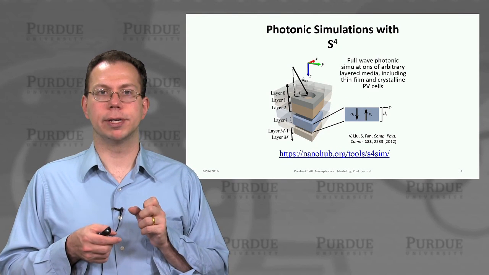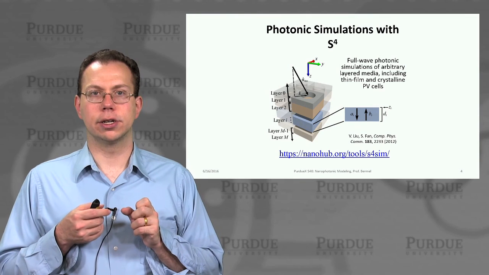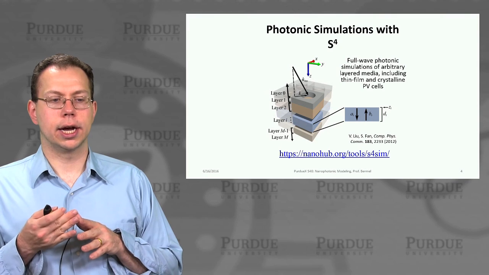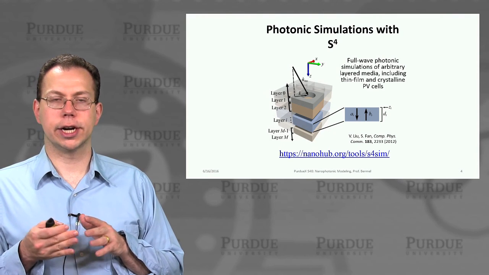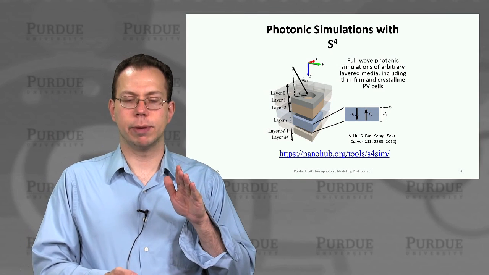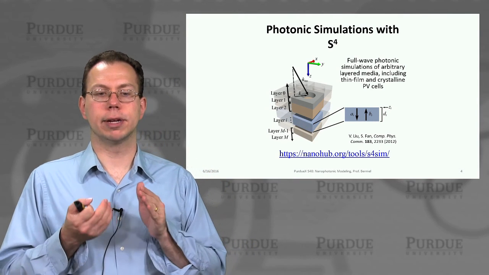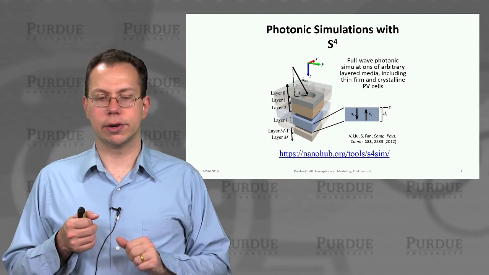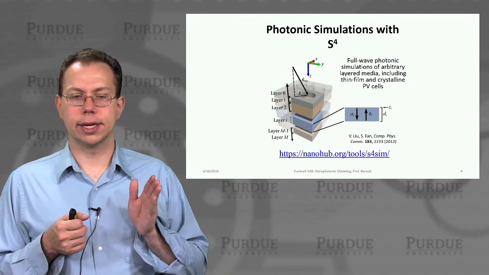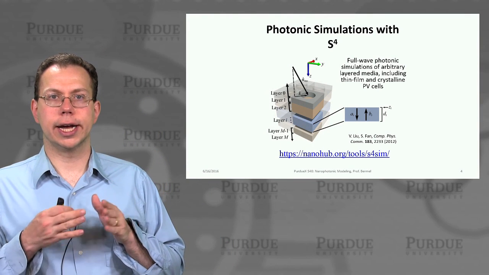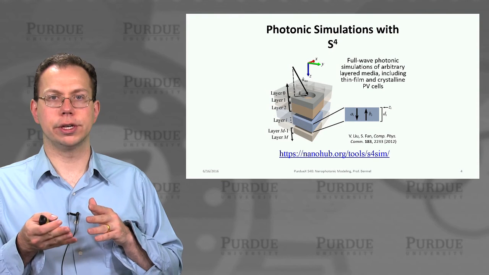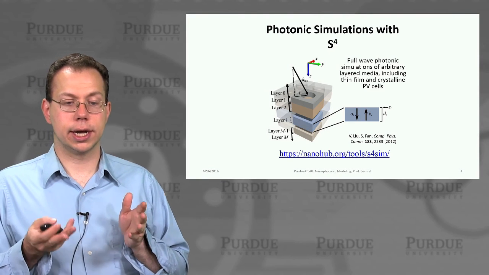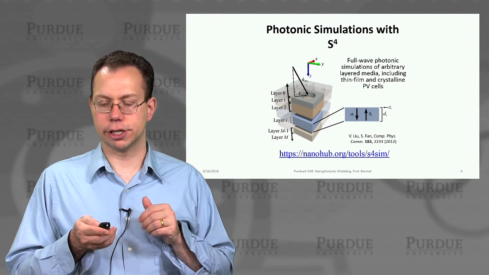We said that one implementation you may be interested in is called S4. S4 allows you to take layered structures which may have periodicity in the transverse direction, may have very thin and very thick materials, and sometimes very non-trivial materials. You can use this S4 Sim tool available on nanohub.org. The nanoHUB tool adds some additional capabilities, like a graphical user interface, and builds in realistic materials, so it has much more general behavior and function.